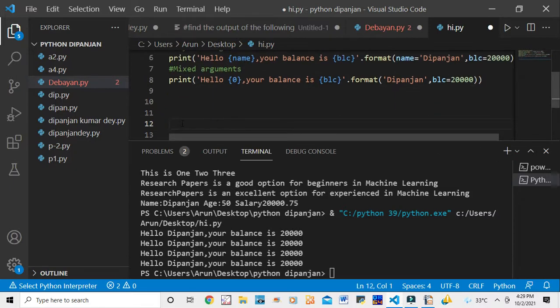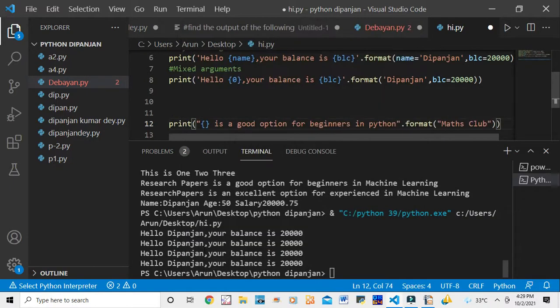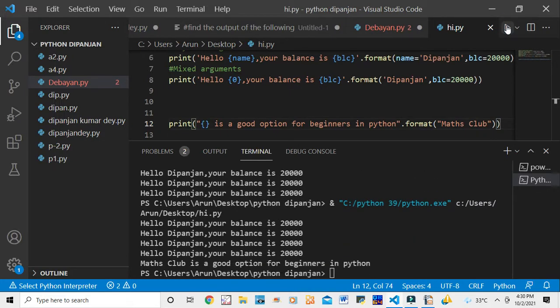Just by double click, by right click, then the paste option you will get, then paste it over here. You see there is no mistake over here. If there has been any mistake, it will show the underline red mark. So no underline red mark, so that's okay. Now we can run. Go to run button, then press run button. I'm just pressing the run button.